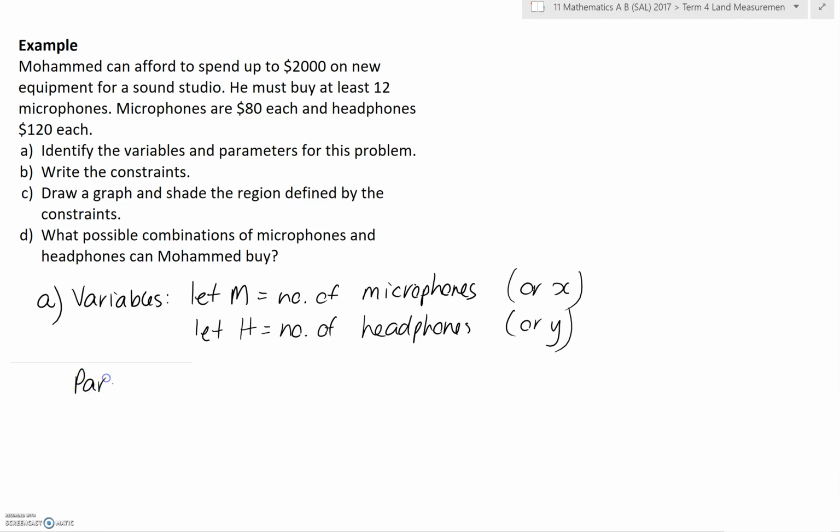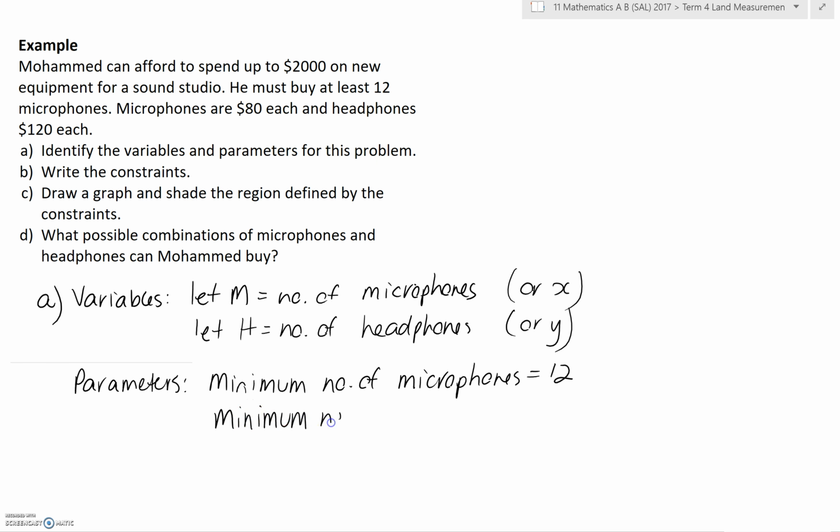Now we need to look at our parameters. So parameters are the things that don't change. In this case, we're told that there's a minimum number of microphones we need to buy. So that is going to be something that is important here. So minimum number of microphones, in that case, it's 12. Now, in a similar way, we're not told anything about a minimum number of headphones, but what that allows us to do then is assume that we don't have to buy any headphones. So the minimum number might be 0 here. And that can actually help us determine our region as well. So these should usually be minimum or maximum